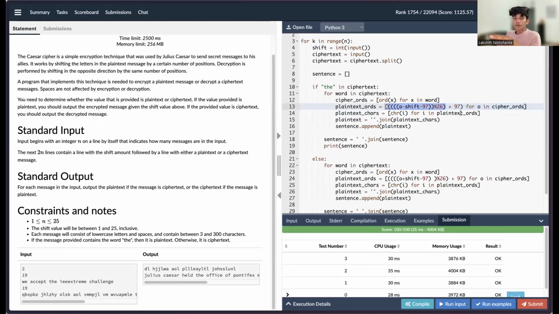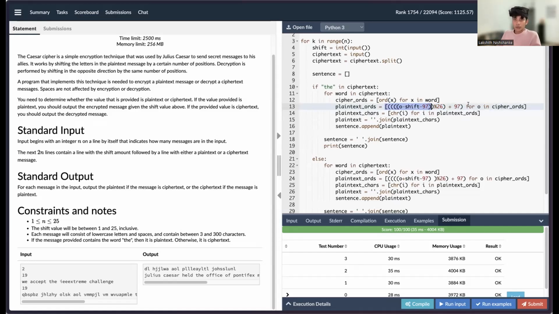So I'll have to turn that back again into characters. So I'm going to again add 97 to it. If this was A, this highlighted part is going to be 0. And if I add 97 to it, the result is 97. If I convert 97 into a character, the converted character will be A.